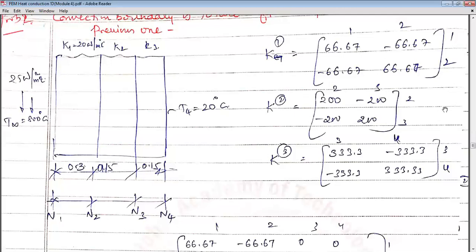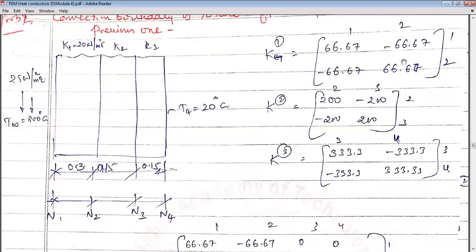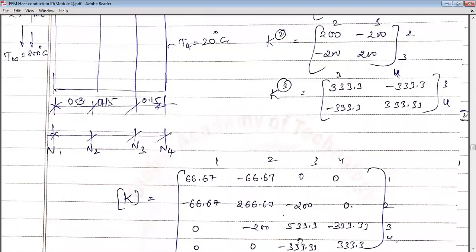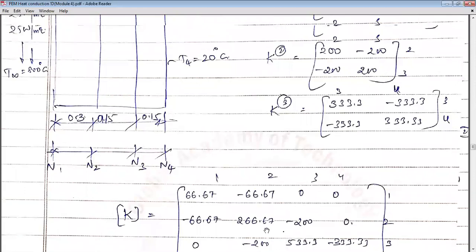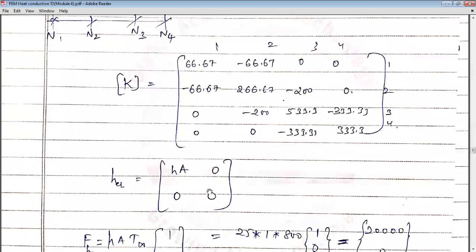Substituting, you get 2 3 2 3. The connectivity is 1 2 3 4. 1 2 3 are the elements, 3 elements, 4 nodes, same as the previous problem. K3 is absent here. You will be taking 0.15 as the L. For K3, A is 1 meter obviously, so you'll get 333. The nodal connectivity is 3 4 3 4. Now write a big matrix 1 2 3 4. Fill the matrix. Common nodes, add them. I think you can see 533 is added, 3 cross 3. 2 cross 2 is also added, 66 plus 200, 266.